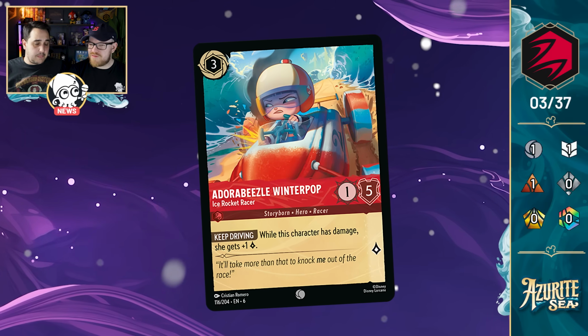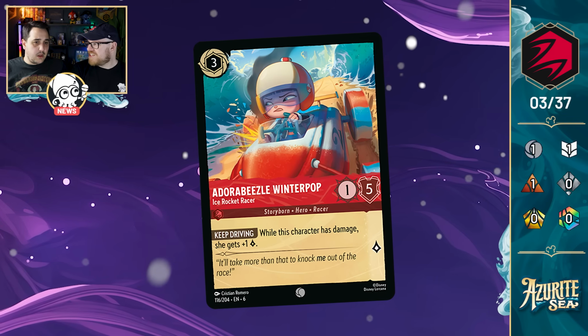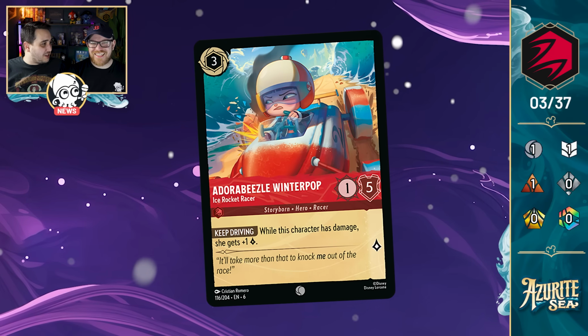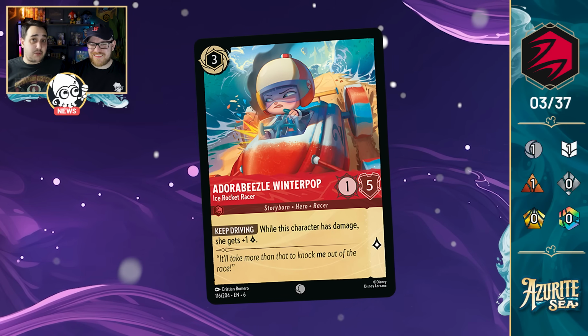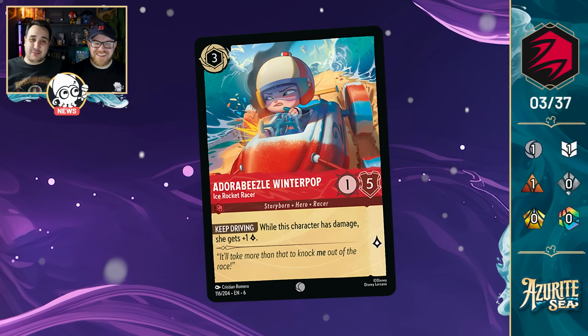Yeah. I was trying to remember who this character was in the film. I don't think she has an actual speaking role. Well, she's more of one of the background racers. So I was sure she was from the second movie because I couldn't remember, but then people in our Discord said that she's actually from the first movie. Yeah. She was probably one of the bullies when they were breaking the car. Oh, absolutely. I don't remember Adorabeezle, so...